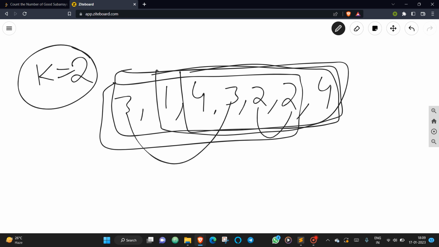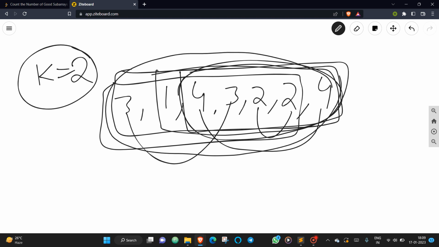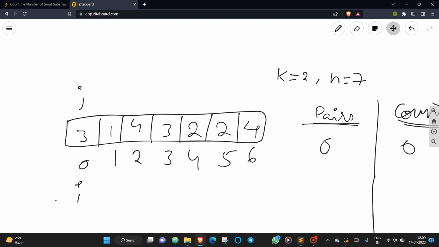See, it is one pair, it is one pair, and it is another pair. You can include them. If you are going to take this window, still this window has two pairs. If you take the whole window, still it has at least two pairs such that both the elements are the same. So you need to count in that manner. So what we will be doing,